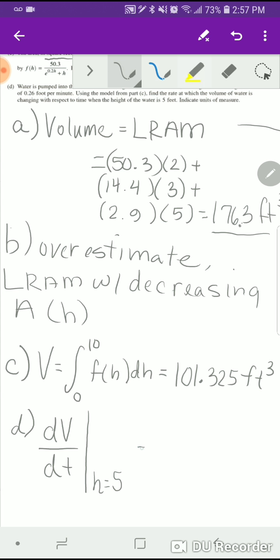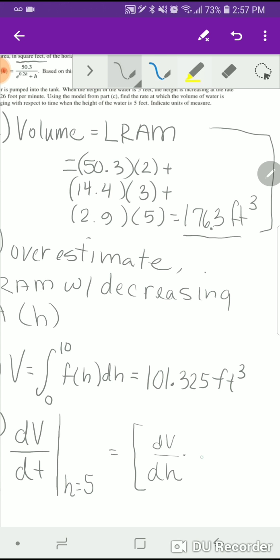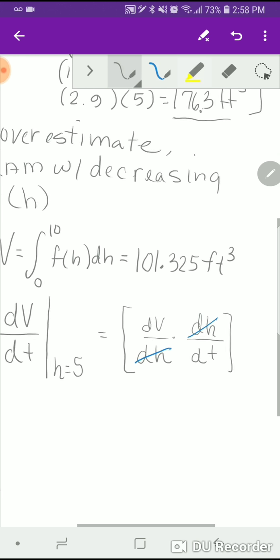I could take the derivative of that volume function, and I could write the volume with respect to h. So I could write dV dh. But if I think back to dimensional analysis, I need something right here, and I need a dt left. So what I need in that numerator right there is dh. So that what I would be left with when I do that dimensional analysis is a dV dt. So, well, what does that look like? Well, dV dh